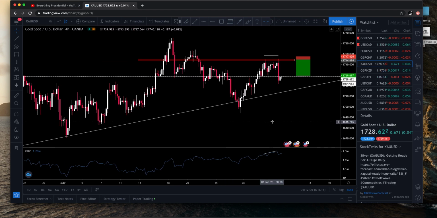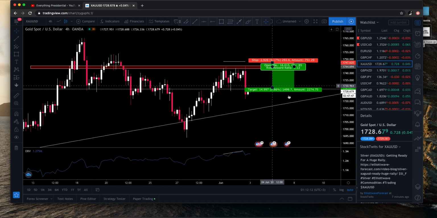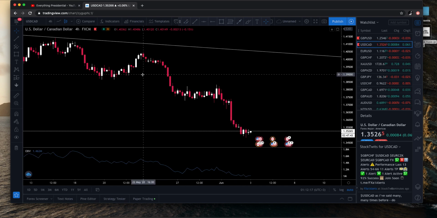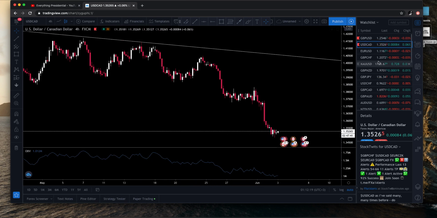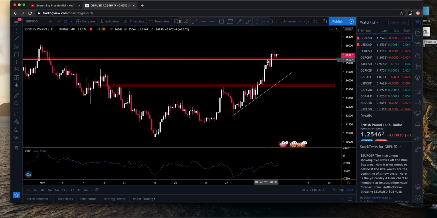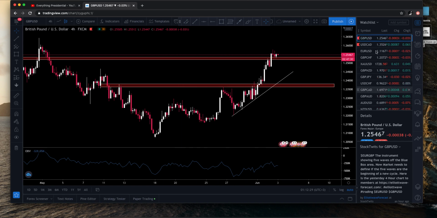I'm looking for more, obviously, in the market this week. Let's see if USD is really weak right now, so let's see if USD can gain its strength back. As you can see, USD has just been falling and Euro has been climbing, GBP has been climbing. So USD is really weak right now, so I'm looking at a couple of pairs for reversals. Hopefully this week, if not this week, then next week we'll see some action.